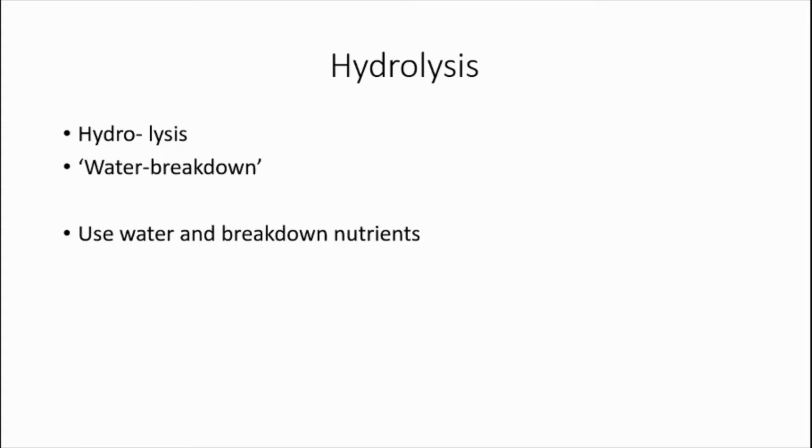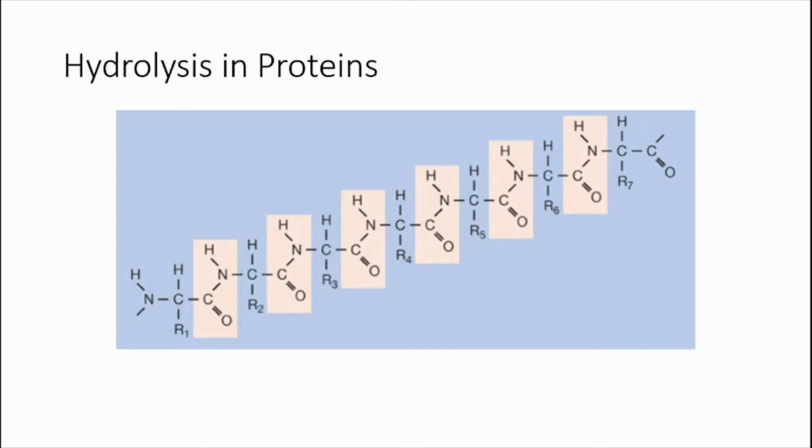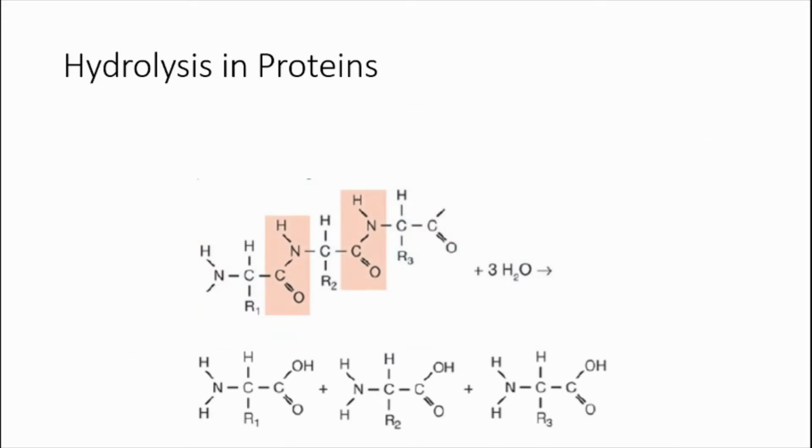If we look at that in proteins, this is a picture of proteins. You can find that in your book as well. We can see the different amino acids. Actually, this is where the next amino acid starts. So we have the nitrogen and we have 2 carbons, and this is then the acid part, and this is the amino part. But when we break that down by means of enzymes, we get this. So we have our protein, and we still have our amino part, and we have our acid part. And then when we break that down by using water, we get our amino acids back, and we